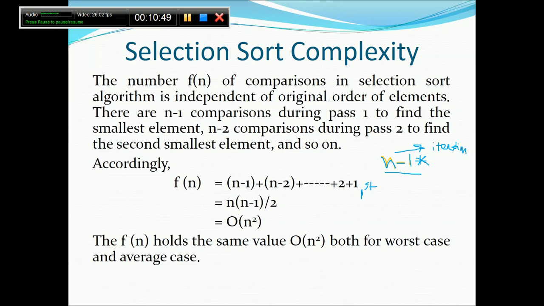For the first iteration, how many comparisons would be done? n minus 1 comparisons, as it compares against the rest of the array. For the second, n minus 2.